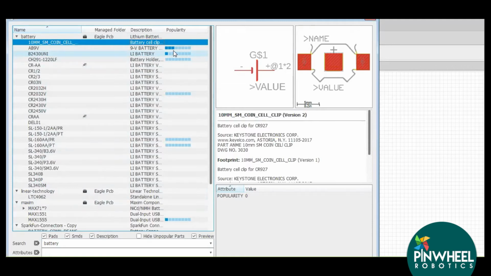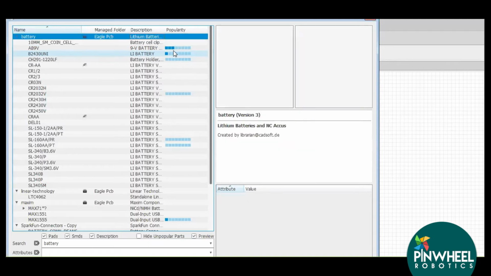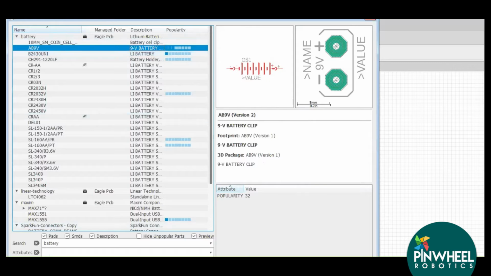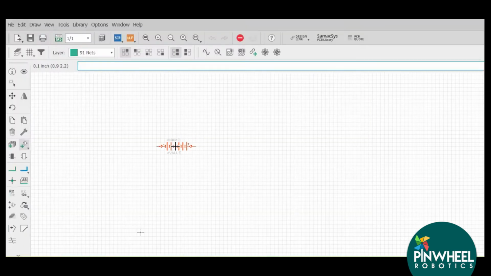In SMD components, you do not need to drill the components on the board; on the same side, you can place these components. While in DIP components, you need to drill it. SMD components you can place through surface mount technology. So I will take this 9-volt battery here.